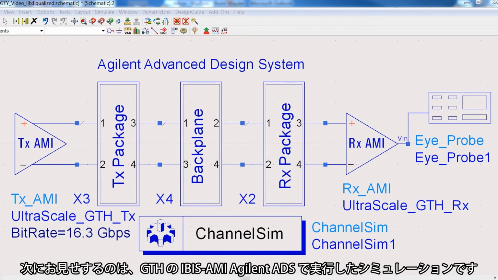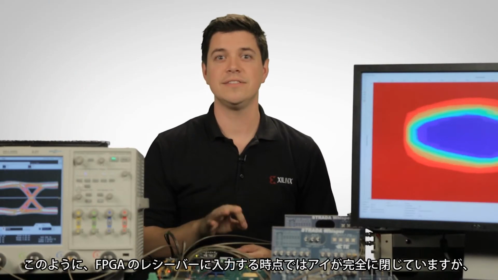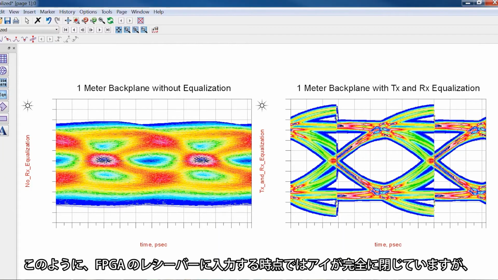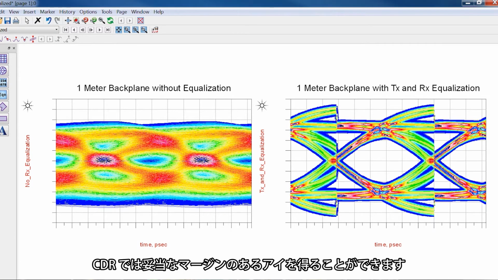Now, we have run simulation in Agilent ADS using our IBIS AMI models of the GTH to show the impact of the full 30 inches of backplane on the signal. You can see that at the input to the receiver on the FPGA, the eye is completely closed. Yet we're able to recover the signal and have an eye at the CDR with some reasonable margin due to